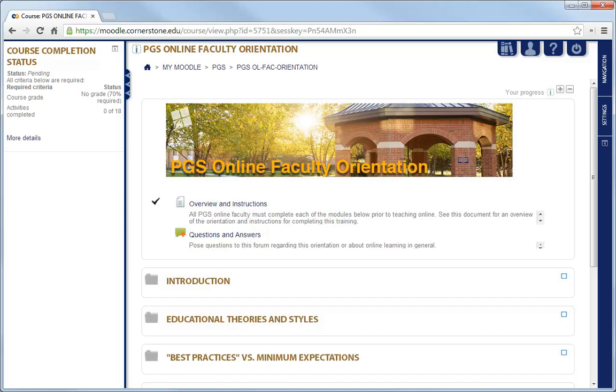While this orientation could theoretically be completed in a few hours on a Saturday or something, I encourage you to take time to absorb and reflect on the readings in particular. It might be helpful to plan on setting aside a few hours each week for 3 weeks to complete the various activities. Again, how you structure it is really up to you, but what I really want you to do is to take time to reflect and absorb what you're reading and doing.